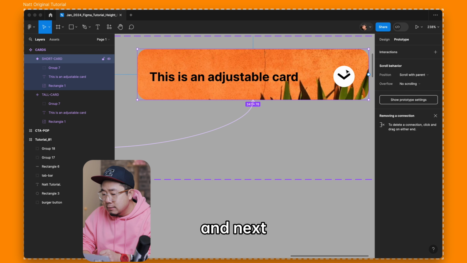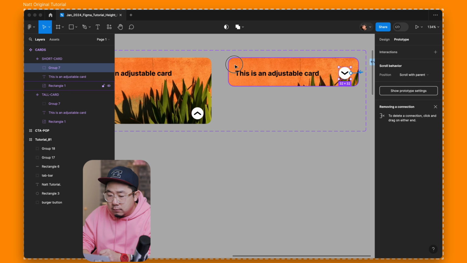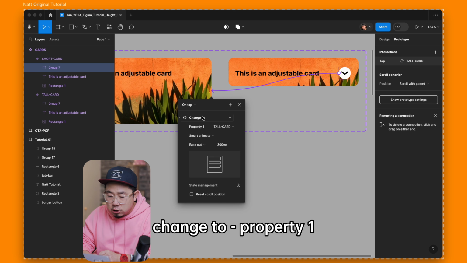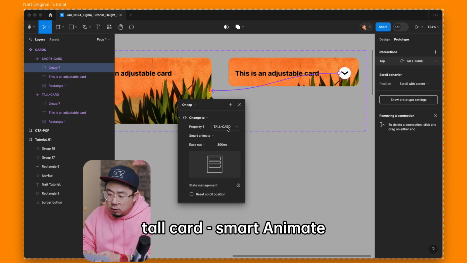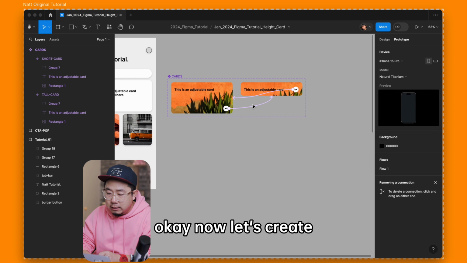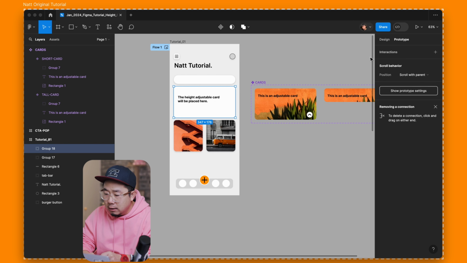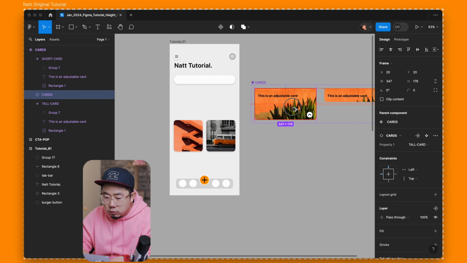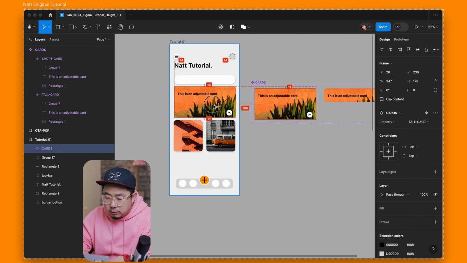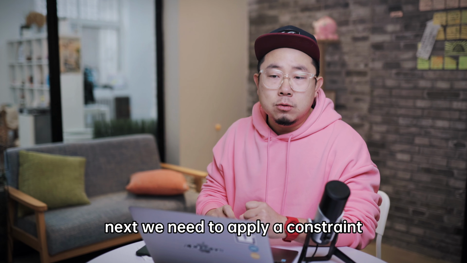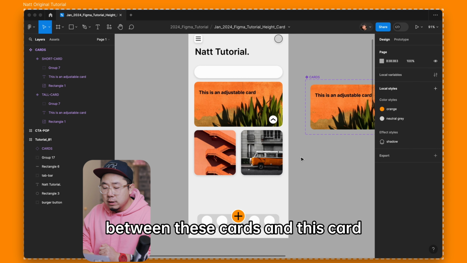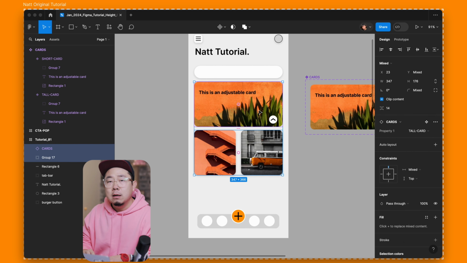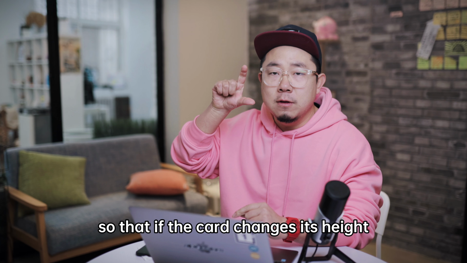And next, change to property 1 tall card, Smart Animate. Okay, now let's create an instance of this component. Drag, drop. Next, we need to apply a constraint between this card and this card so that if the card